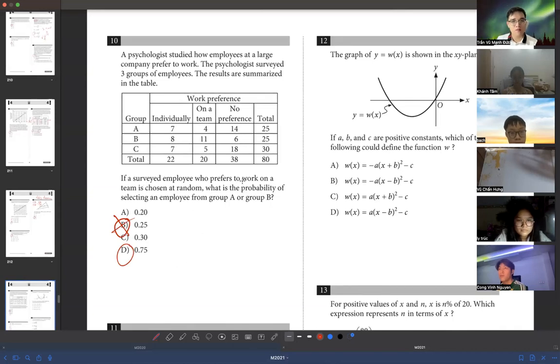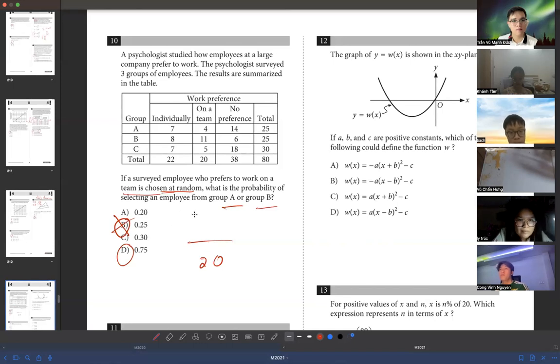If a survey employee prefers to work on a team that is chosen at random, what is the probability of selecting an employee from group A or group B? So what is the total? What is in the denominator? 20. Why 20? They say that